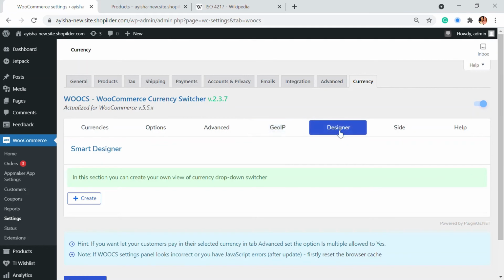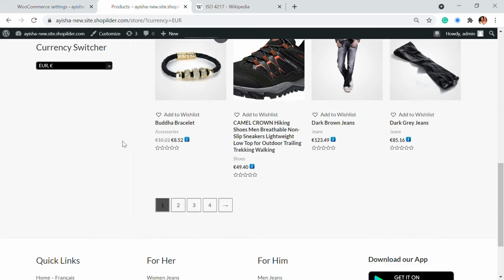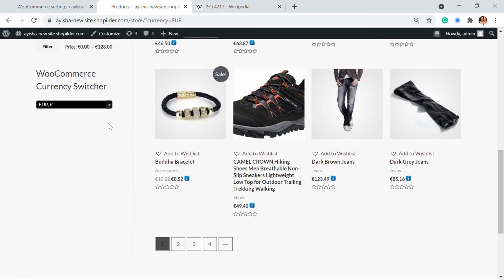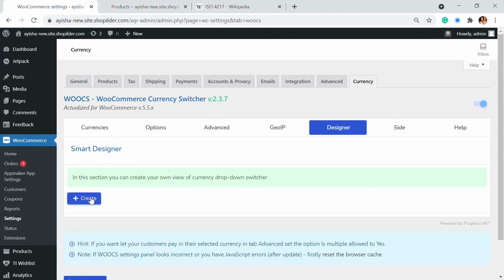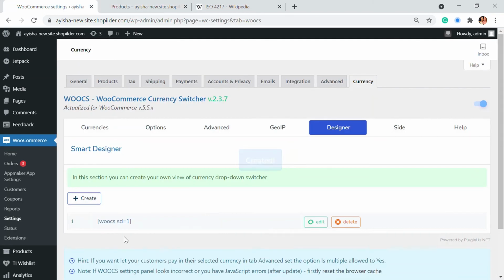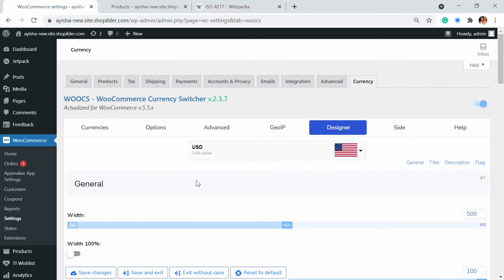So next we have the designer, where you can design your drop down list or whichever switcher. In our website we have the switcher that we have used. If you want to customize it, you can just click on create and edit this. You can customize it however you want.